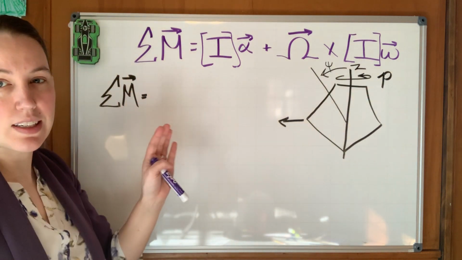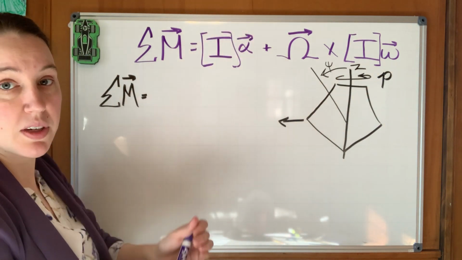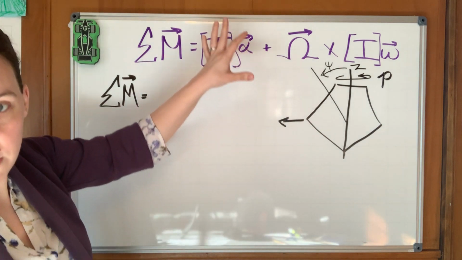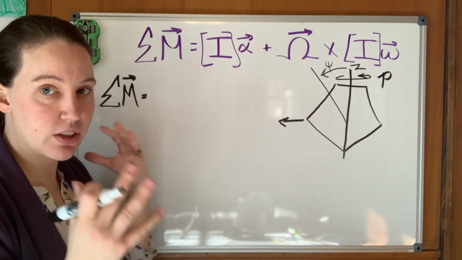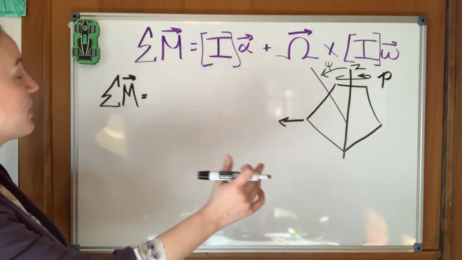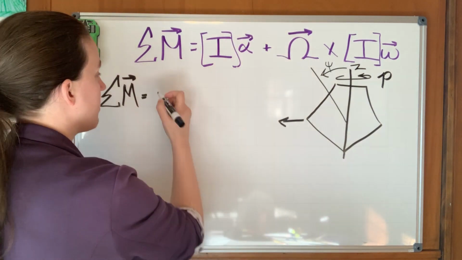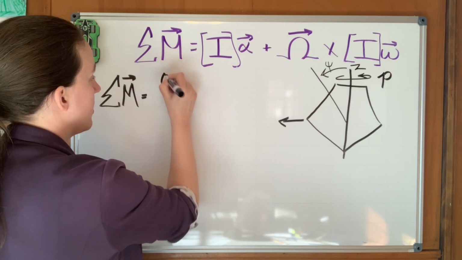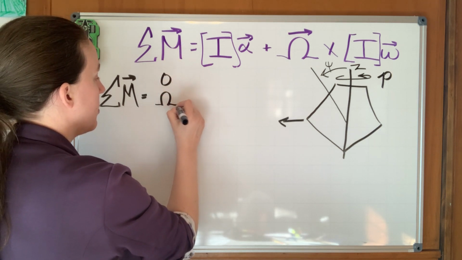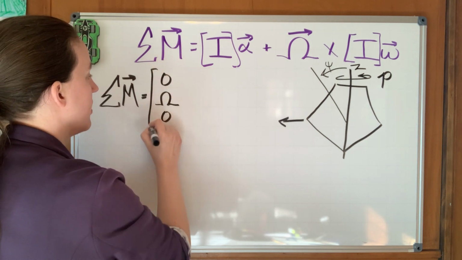So we're going to neglect this term, because we're going to assume that whatever our spinning thing is, it's spinning at some high rate. We're going to neglect the friction during whatever operations we're doing, so it's going to keep spinning at that same rate. So now that just leaves us with 0, big omega, 0,